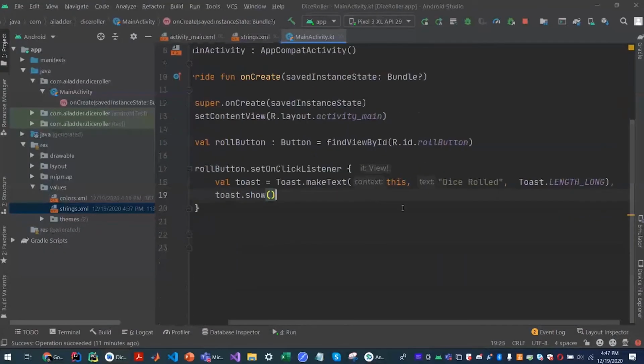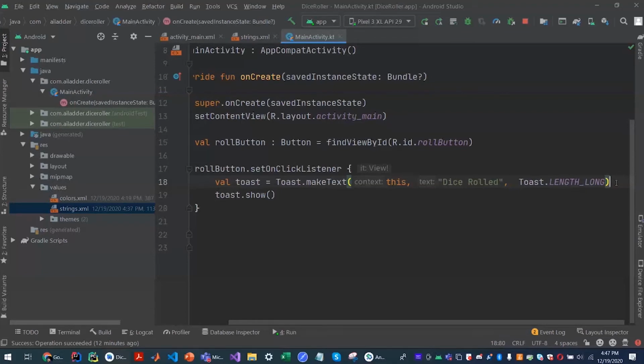What I've done here is create a toast, and a toast is basically a small message that appears at the bottom of your screen when you've done something. Maybe in certain apps, whenever you sign in successfully, there'll be a little message that pops up for a while saying sign in successful. Or maybe in games, you might have seen double tap to exit or something like that. That message that pops up for a while is called a toast.